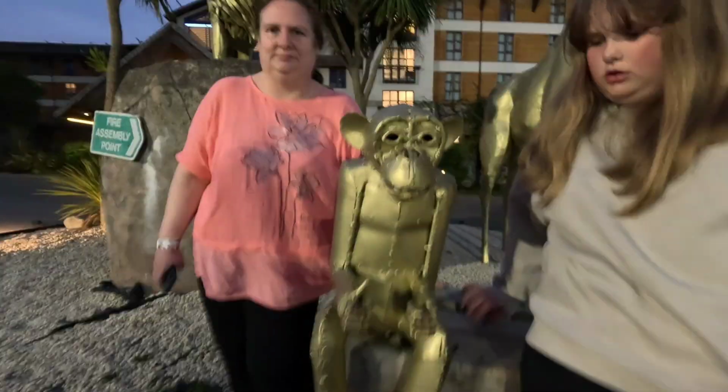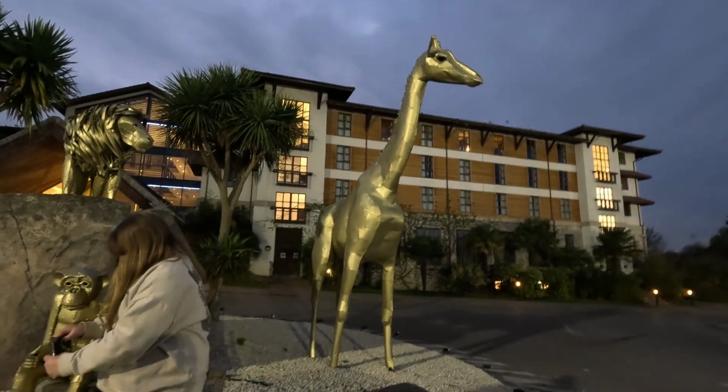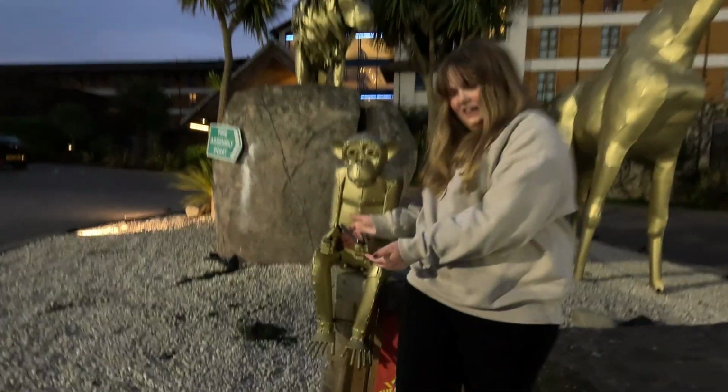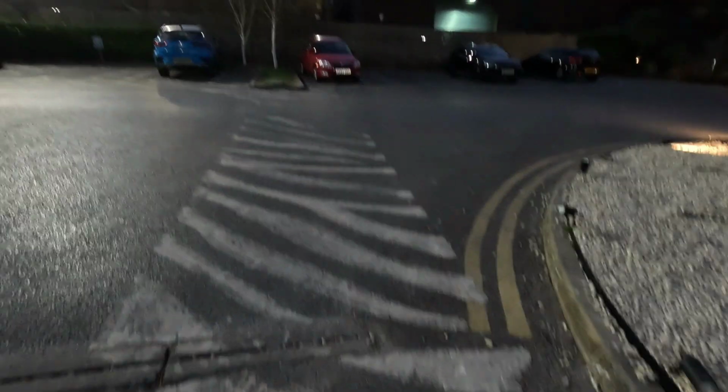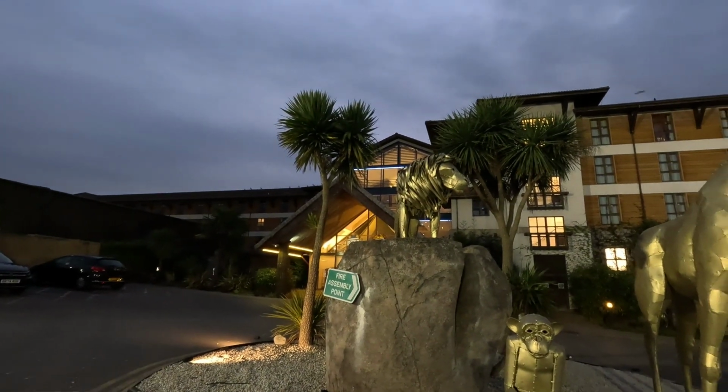Anyway, we're just outside Chessington filming our intro to the hotel tour. Outside. And it's quite cool. So you've got a little metal monkey. You've got a big metal giraffe. You've got a lion. Wait, the best bit. Yep. It's a zebra crossing. Zebra crossing. Yeah, we're just going to show you around the Chessington Hotel if you've not been here